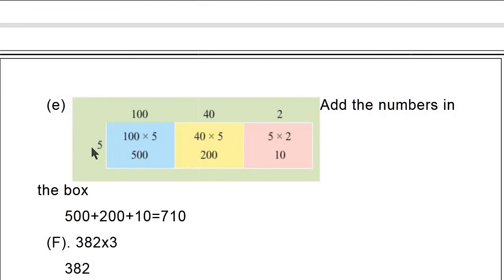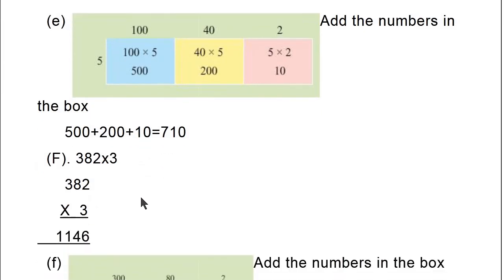Now 142 multiplied by 5, then we get 710, and we make the table. 142, and here 5 into 100, 5 1s are 5 and 2 0, 500. 5 into 40, 5 4s are 20 and 1 0, 200. 5 2s are 10. 500, 200, 700 and 10. 500 plus 200 plus 10, 710.